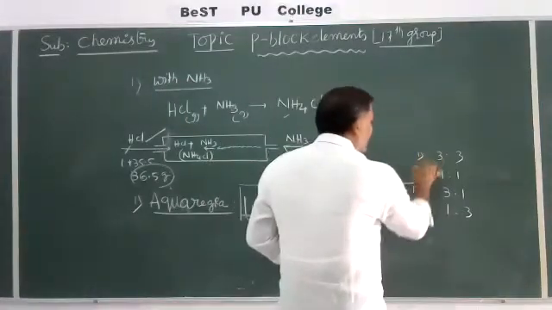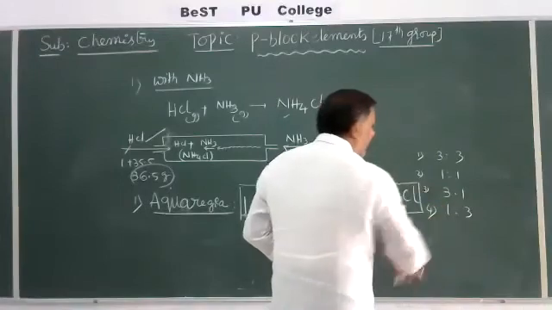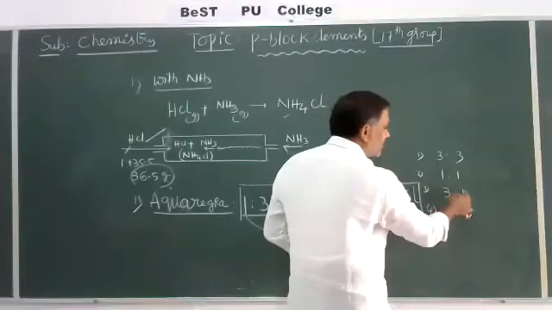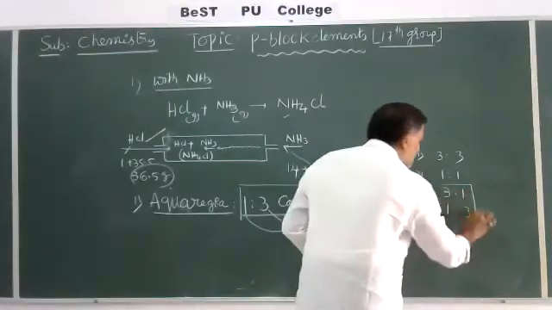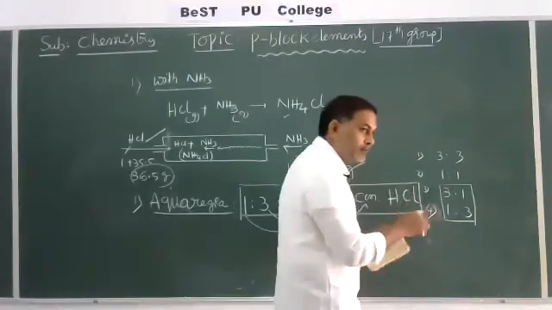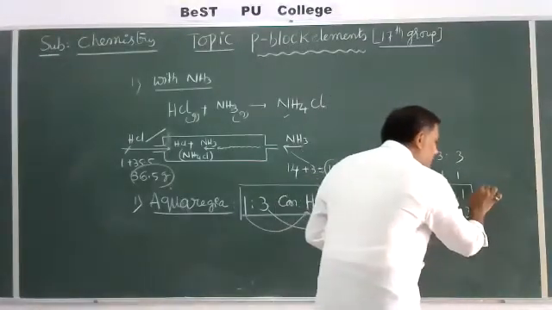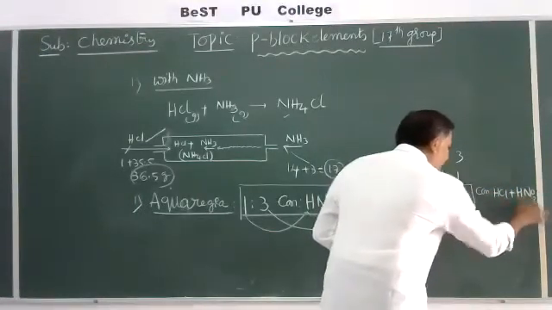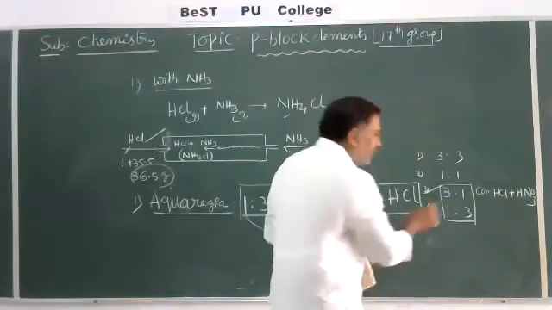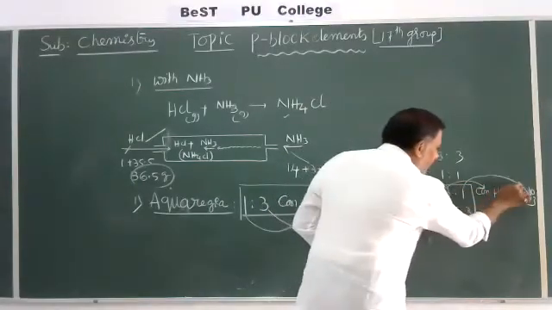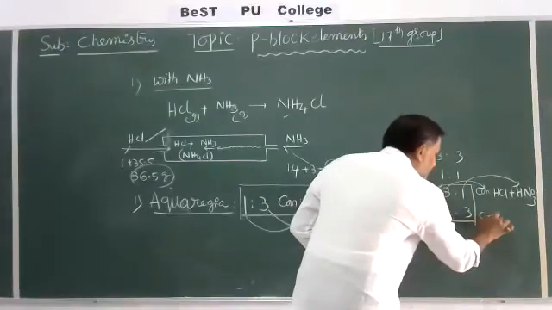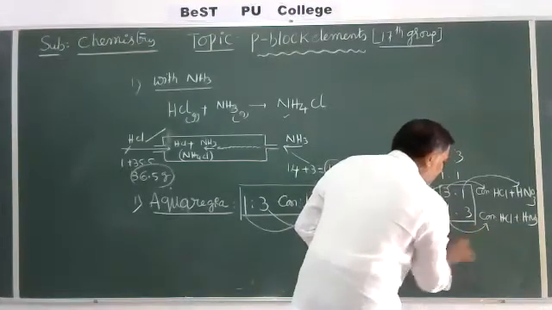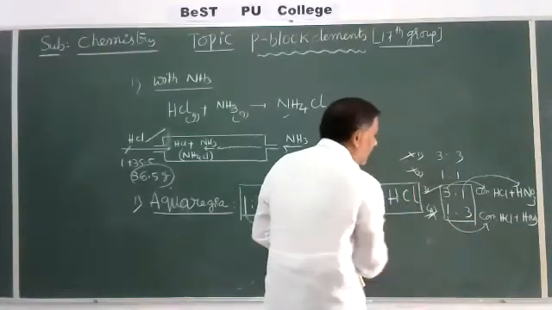These are options number 1, 2, 3, 4. The aqua regia combination is given as 3:3 ratio, 1:1 ratio, 3:1, 1:3. Two of these can be correct, but it depends upon the representation. If they give concentrated HCl first, then concentrated HNO3, it is correct, because 3 moles of HCl and 1 mole of HNO3 is correct. Here, if they give concentrated HCl plus concentrated HNO3 not in 1 to 3 moles, that's why it is wrong. These 3 are wrong. This is the correct one.